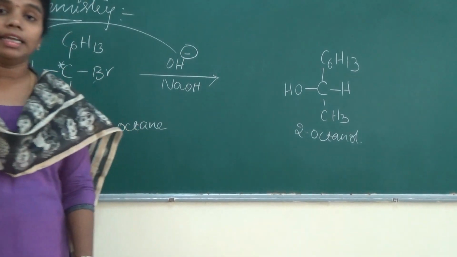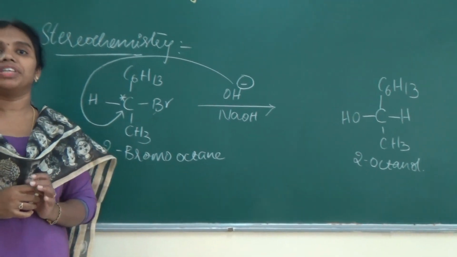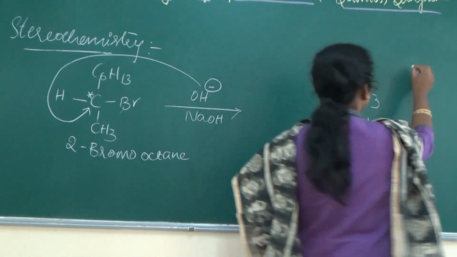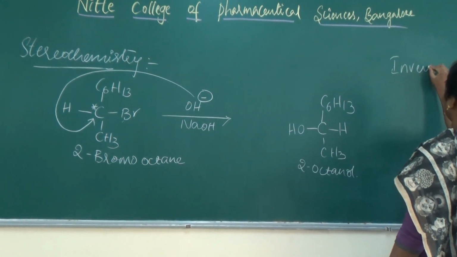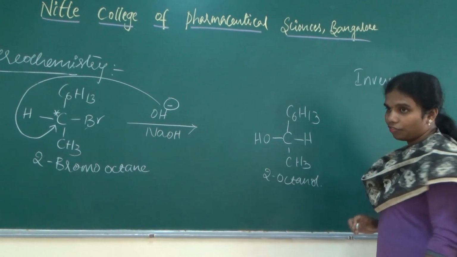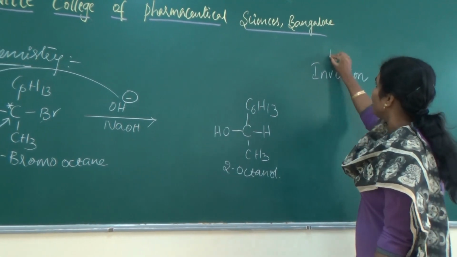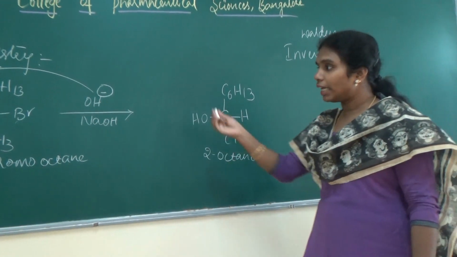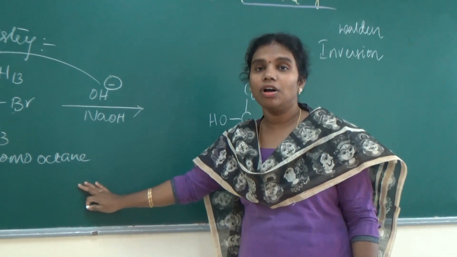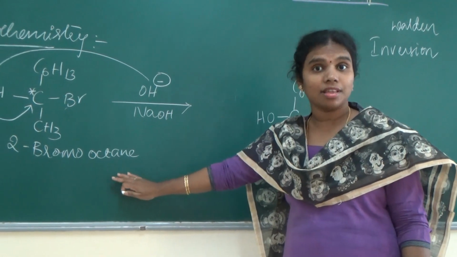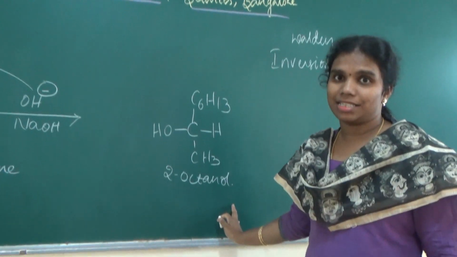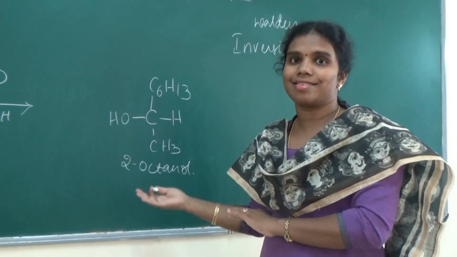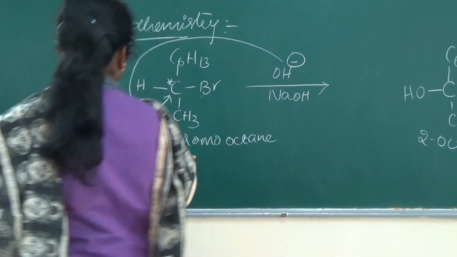Experimentally, when they checked the stereochemistry, what they observed is a concept called inversion. Inversion of the configuration is observed. It is also called Walden inversion. So how has it happened? When they take any substrate which is optically active, the configuration of this compound is going to change. Suppose if they have taken S, it changes to R, or R changes to S. So let us observe this example.